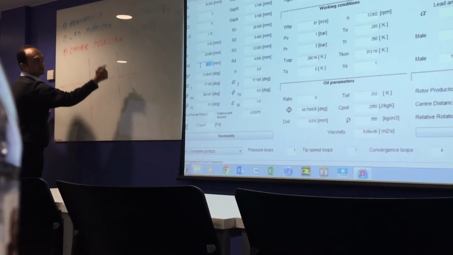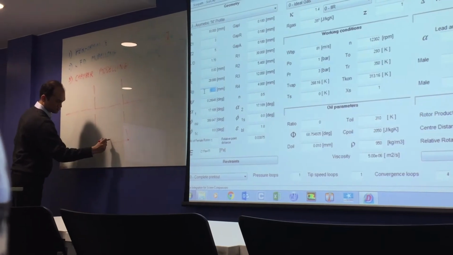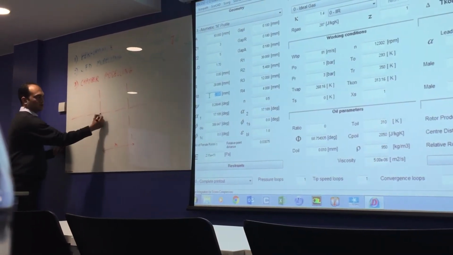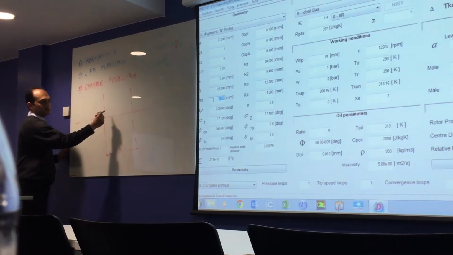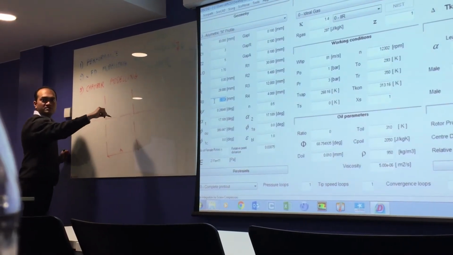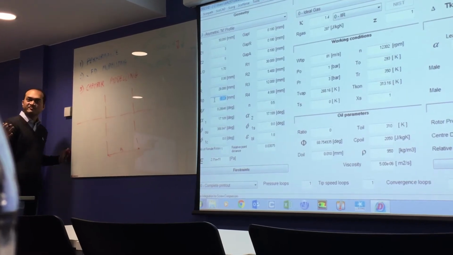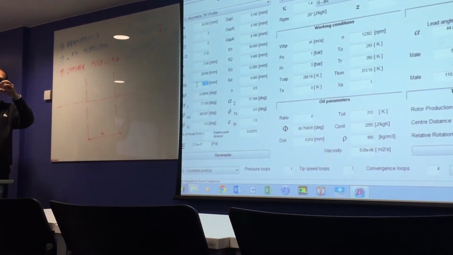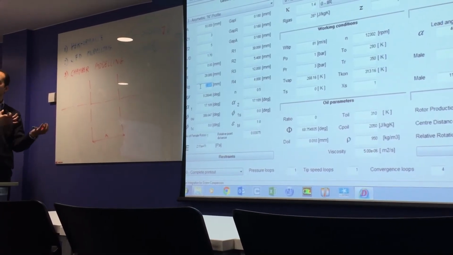so this is the center distance A. Male profile is always at 0, 0 and female profile is at A and 0. And if we say from the theory of gearing, like gears are like two cylinders which are rolling without slipping, right? Screw compressor is the same philosophy.